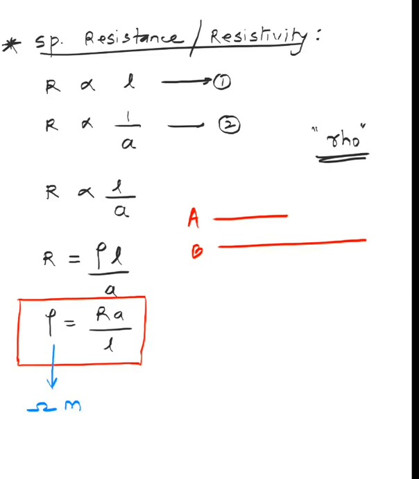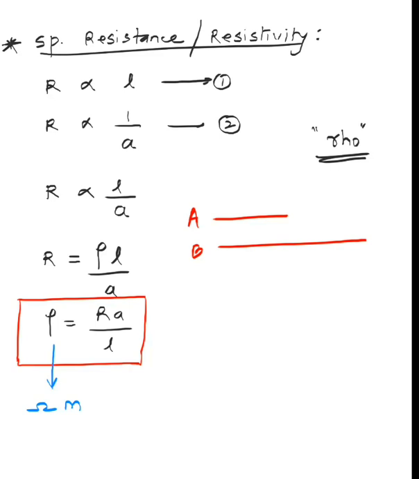Advait, I'll give you another example. How we did heat capacity and specific heat capacity. Remember the difference? In the same way there is resistance and specific resistance. Specific heat capacity would remain the same for all the numericals, 4.2 joule per gram per Kelvin, though the masses were different. In this case, the resistance will be different, but the resistivity would remain the same. So specific resistance is particular for a material.